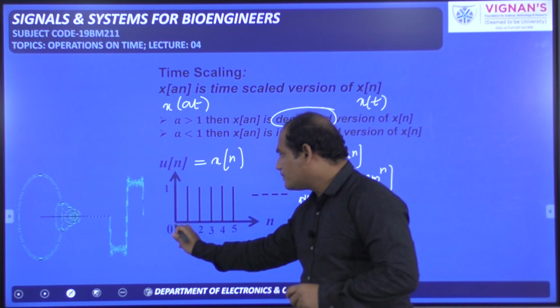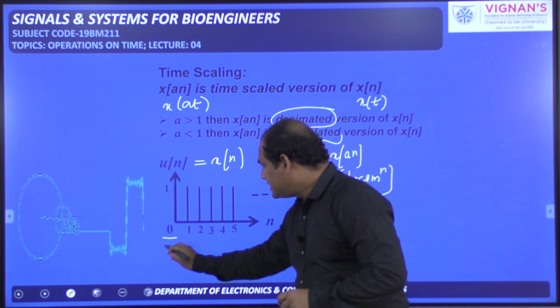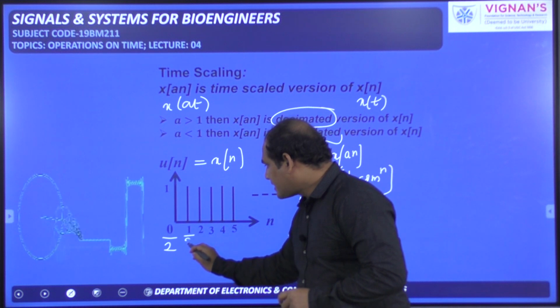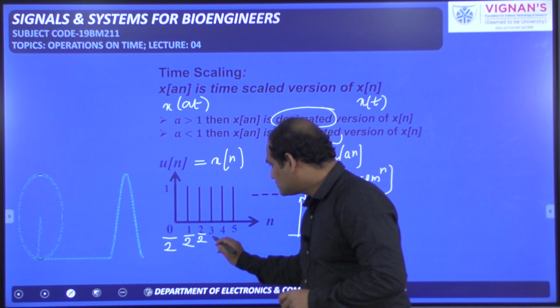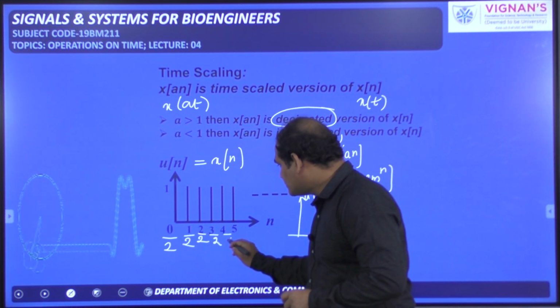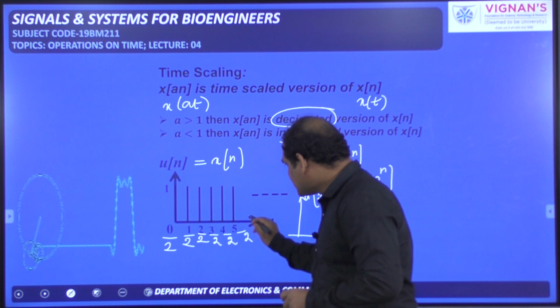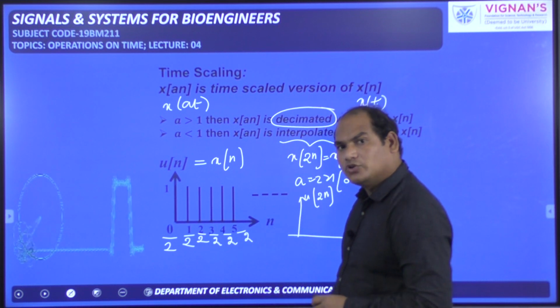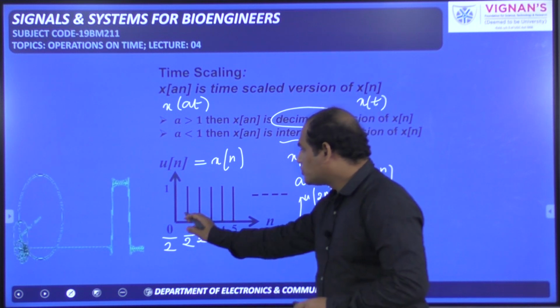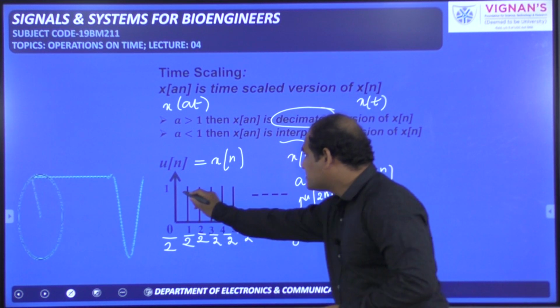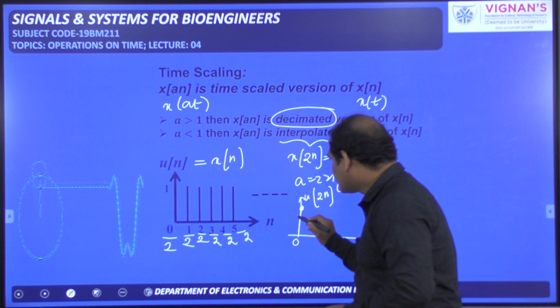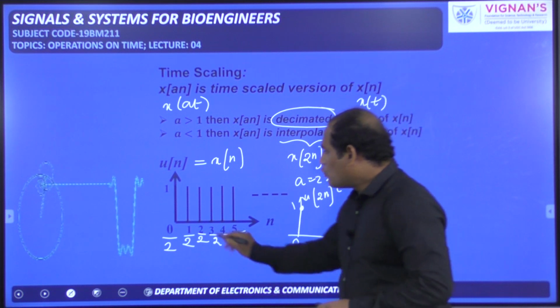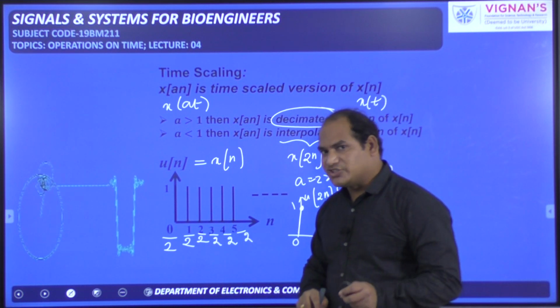So you see 0 by 2. This entire thing should be divided with the scale factor 2. All the things should be divided with 2. 6 by 2, 7 by 2, up to infinity by 2, you will get up to infinity. Okay, 0 by 2 is 0. So the same sample will be available here with amplitude 1. 1 by 2 will be 1 by 2, that is 0.5.